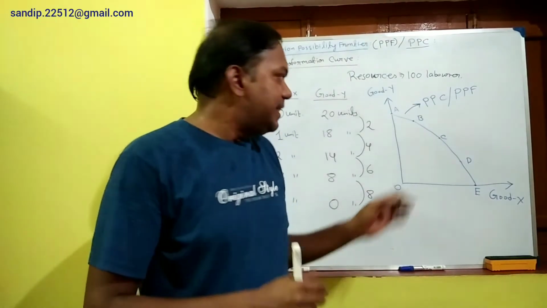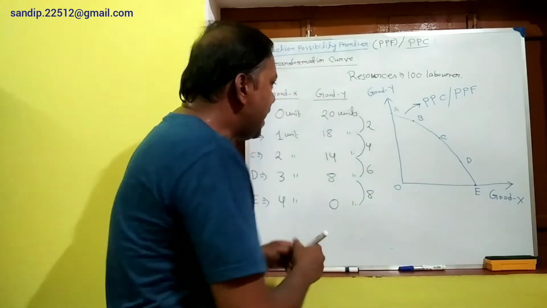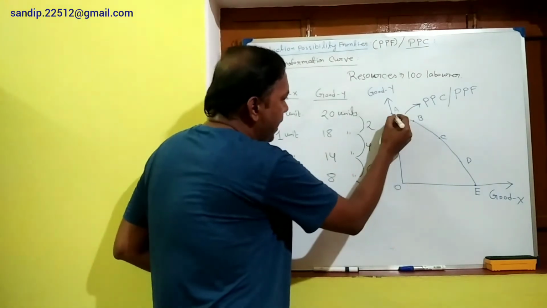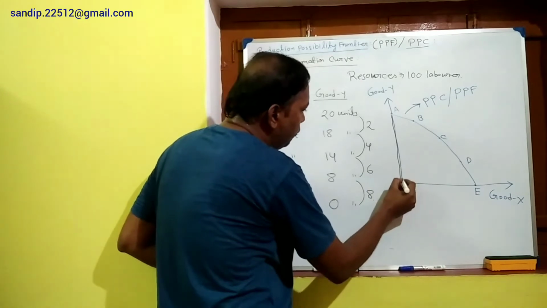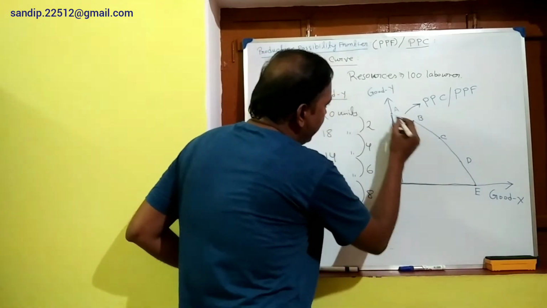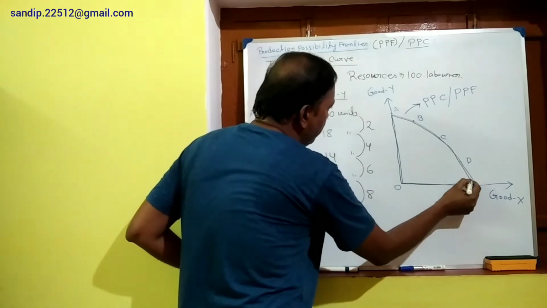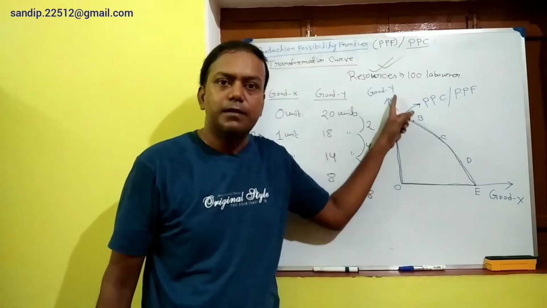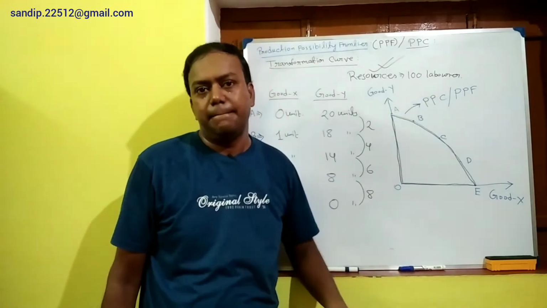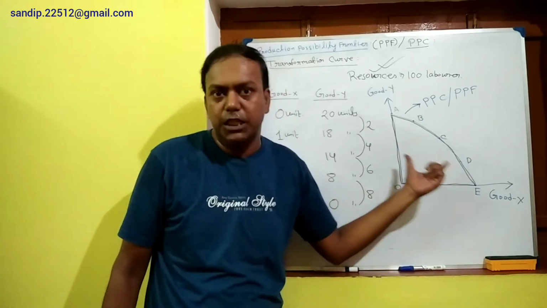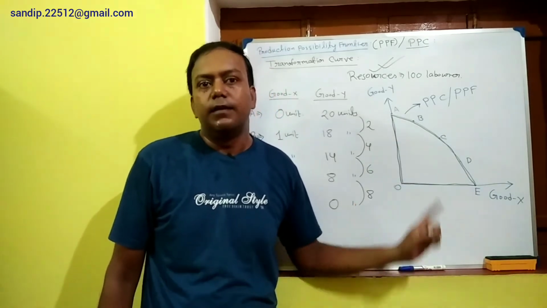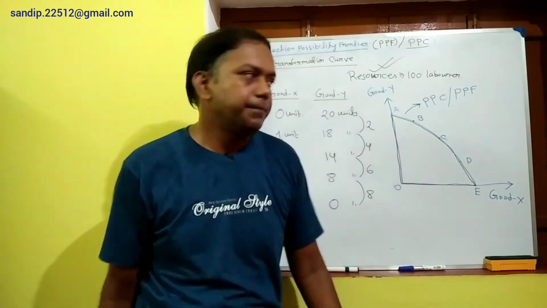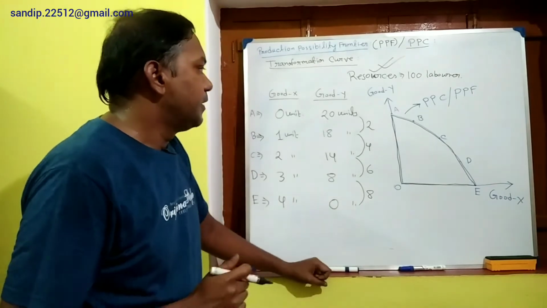You see, this curve actually implies that a producer can produce at any point within this area, at any point using these resources. Okay, it means it is the capacity of the producer. This area implies the capacity of the producer. Okay. Now you see,